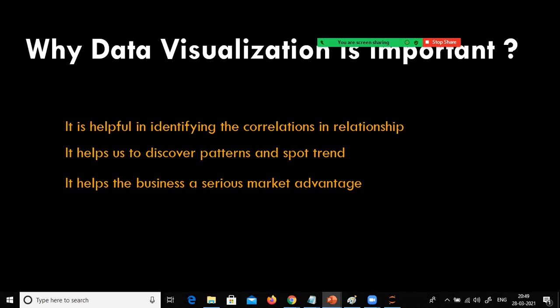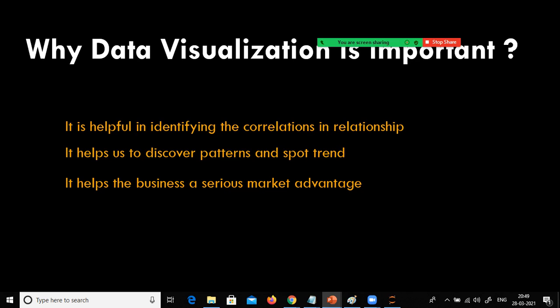Okay, and apart from this, data visualization is the medium to tell a data story to the viewers, right? As a data scientist or data analyst, you are supposed to tell a compelling story to your business stakeholders, because they don't know what statistics is and they don't know what a machine learning model is. By visualizing the data, you can tell a compelling story even after building the model and applying the model on the test data set or new incoming data set.